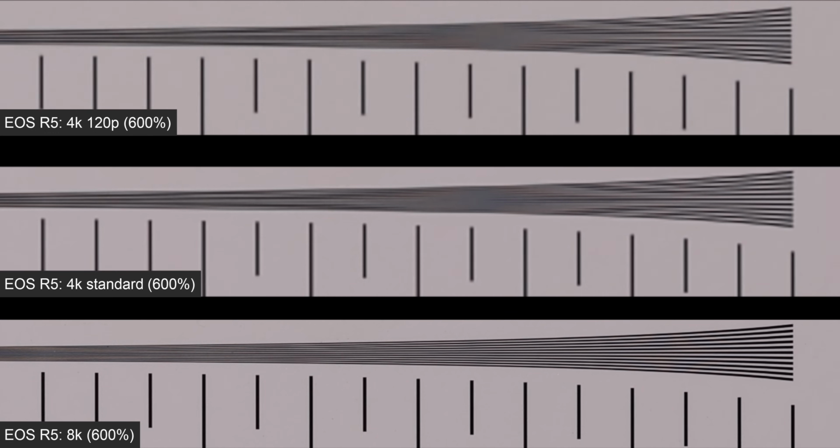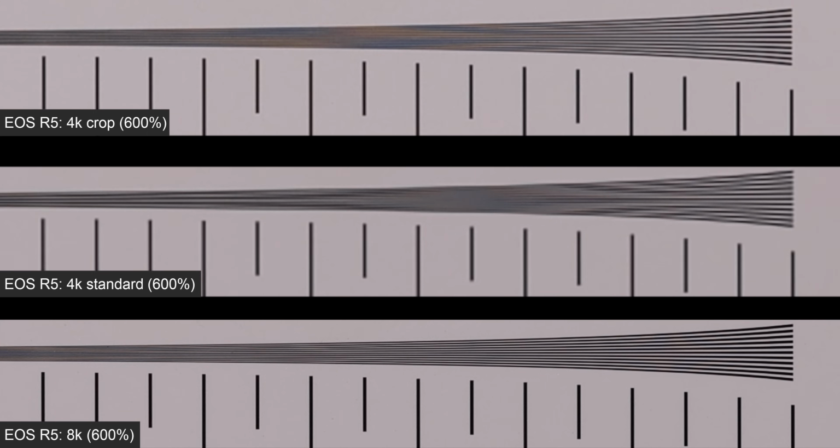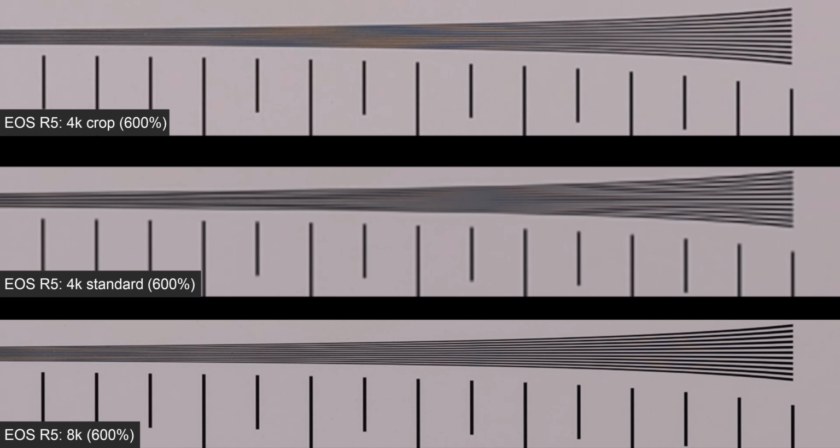Next, let's switch the 1080 at the top for 4K 120 slow motion. And now switching this to 4K HQ mode, where you can see the benefit over the standard line skipped 4K in the middle. And finally for 4K in the cropped mode, where it oversamples to potentially outresolve standard full frame 4K, which is still in the middle. Note I had to move the camera away from the chart in the crop mode to match the field of